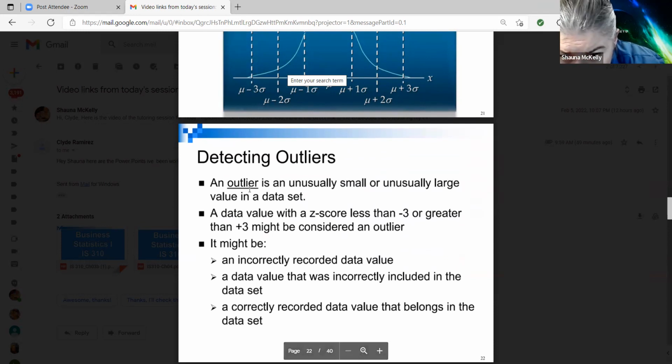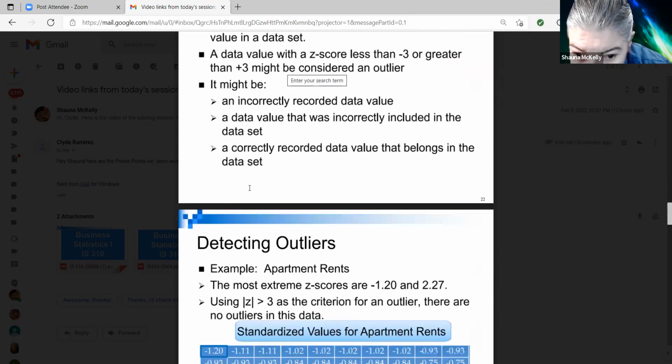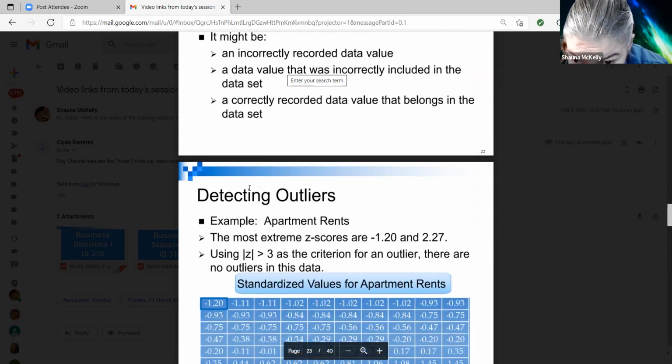So an outlier is an unusually small or an unusually large value that's in a data set. Sometimes you kind of have some intuition about it. That, oh, that looks large, you know, but there's a procedure that you go through to see if it actually is an outlier or not. And so here,